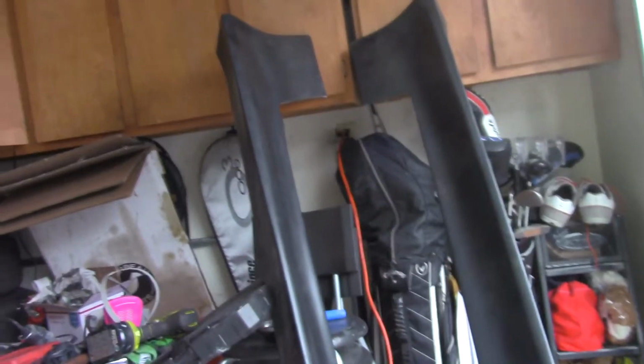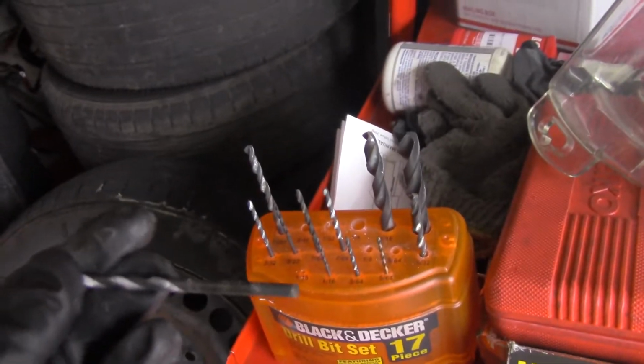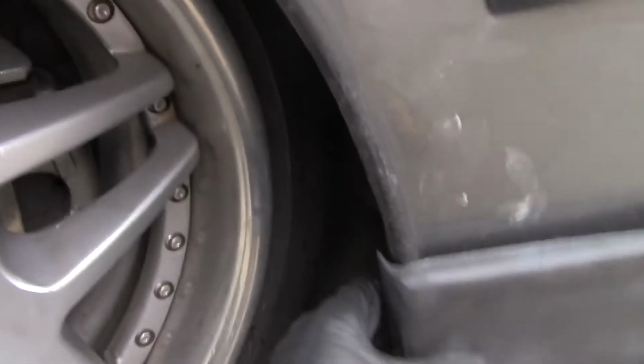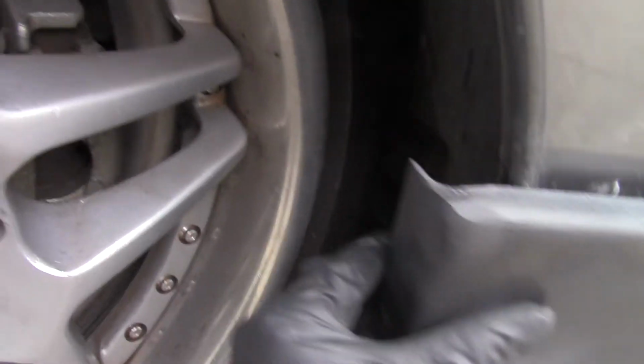Alright, so it's day 2 working on this thing. I just have to install these side skirts on there. I did paint them. I didn't sand them because there's a little crack there. But I didn't sand them because I was in a rush, kinda. I was losing a lot of daylight, so let's get to installing. I'm gonna get my 1/8 drill bit. I had to turn the wheel to get the thing aligned, so I'm gonna put it, see if I can probably have to get like some sort of middle